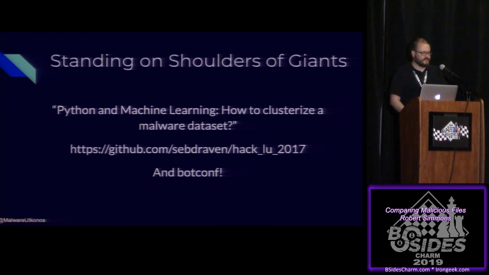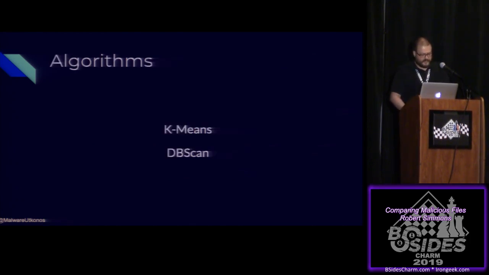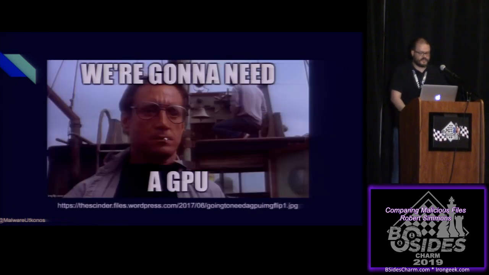The data set that you need to do this stuff is out there in GitHub, and you can work through it on your own. The algorithms that are used in there, k-means and DBSCAN, have various pros and cons. But one of the really interesting things is that once you work through that workshop, you realize you don't actually need a GPU, you don't need a lot of horsepower to do clusterization